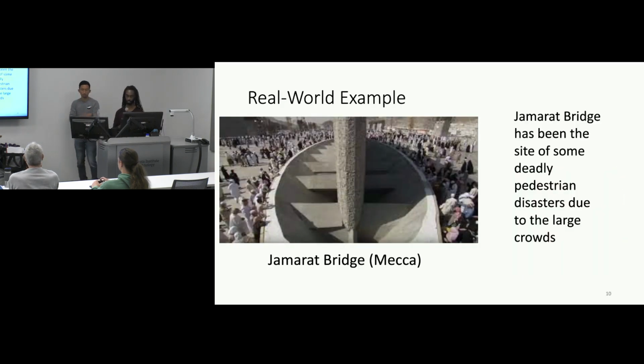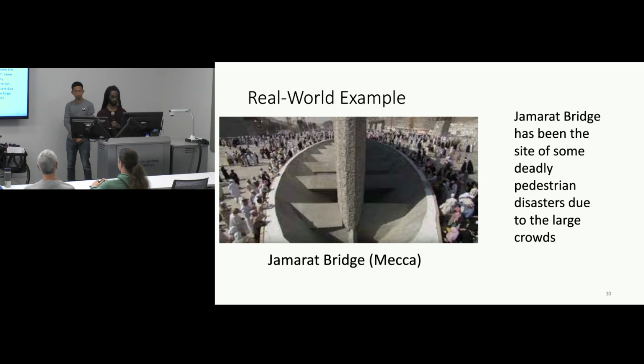And then looking at a real-world example that they also looked at in the paper, there's the Jamarat Bridge in Mecca. This is a bridge where people go and cast a stone at this column, to reenact something that happens in the religious texts. The Jamarat Bridge has also been the site of a lot of deadly pedestrian disasters due to large crowds. This was made in 2002, but there have been a lot more since then as these crowds have gotten larger and larger. So one of the things this paper was looking at was, is there a way we can reduce the congestion and make it safer for the people who are going here